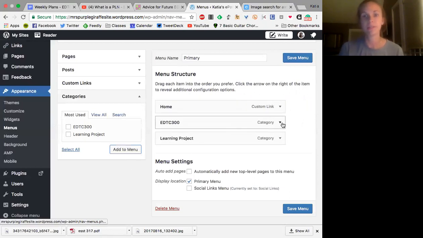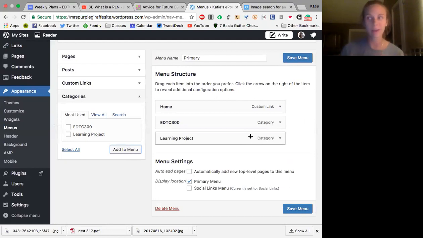They're now here, right? They are in my menu bar. It pretends to be a page. It seems like a page, but it's actually a place where all of your posts that are categorized that way are going to show up on your blog without you having to do anything except click the little category box. And I can also play around with them.